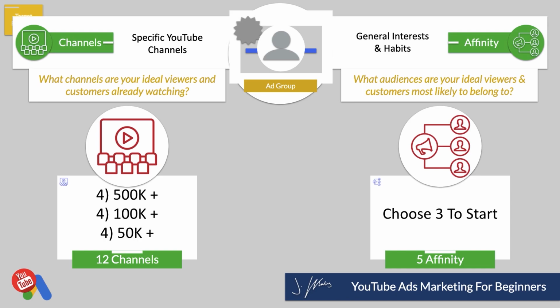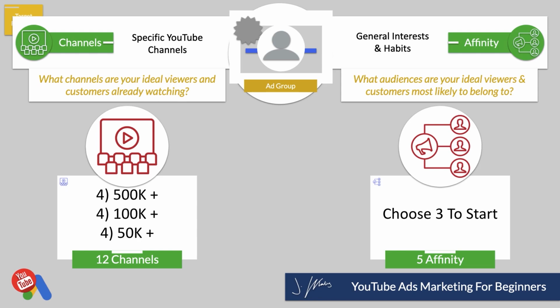So channels are just choosing specific channels that have content related to your content, or more specifically, what channels your ideal viewers or customers are already watching. And then affinity audiences are pre-made lists by Google that essentially group people together based upon general interests or habits. These are going to be different than something called in-market audiences, which I'll talk about in a moment. But these two audiences are going to be the best when it comes to promoting your channel's content,